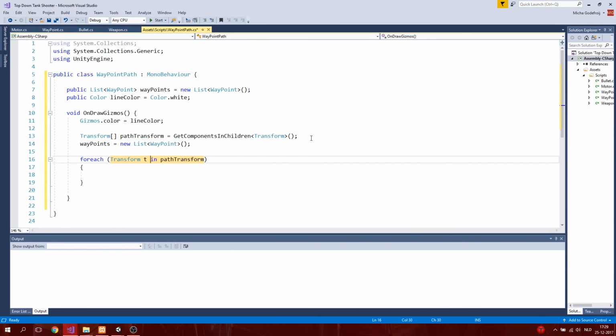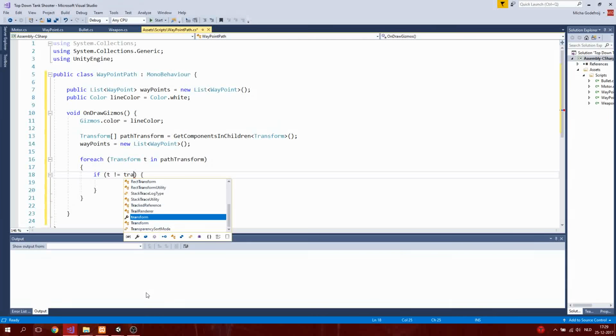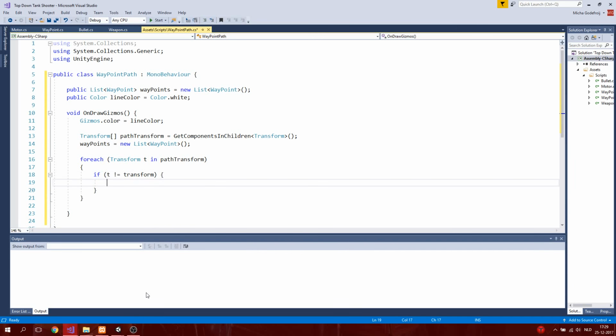So for every transform in our array of path transforms, I call it t, but you can call it whatever you want. We do an if statement in it. So if t not equals our position, then